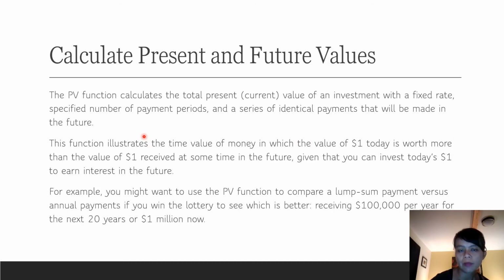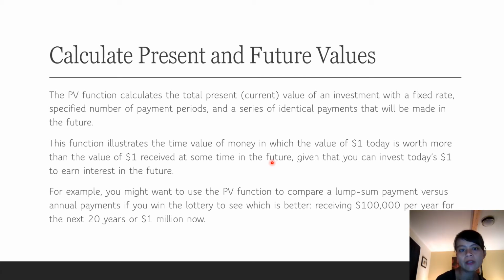So we'll start with the PV, which is the present value. The present value function calculates the total present value, so present meaning the current value, today's value of an investment with a fixed rate, specified number of payment periods, and a series of identical payments they'll be making in the future. Okay, so this function illustrates the time value of money,